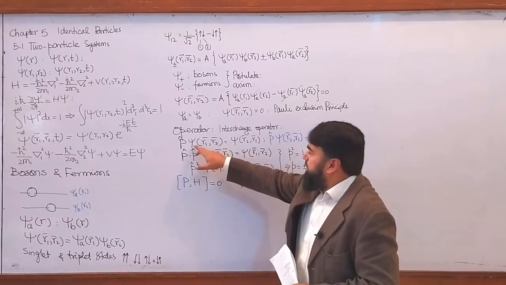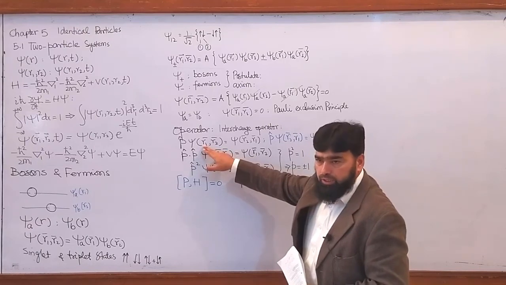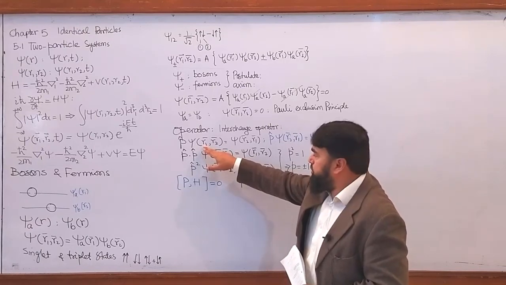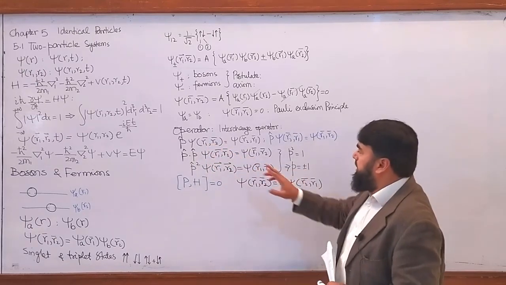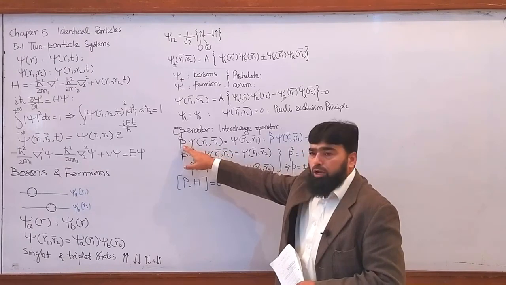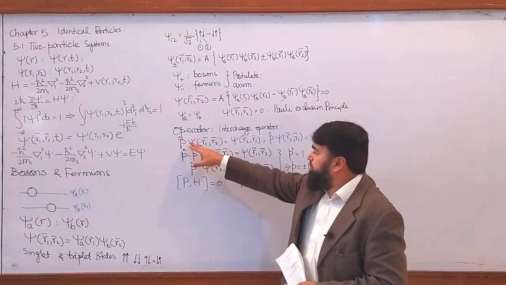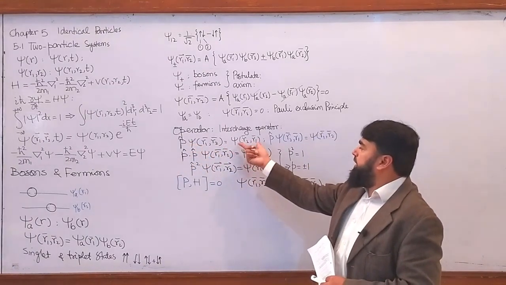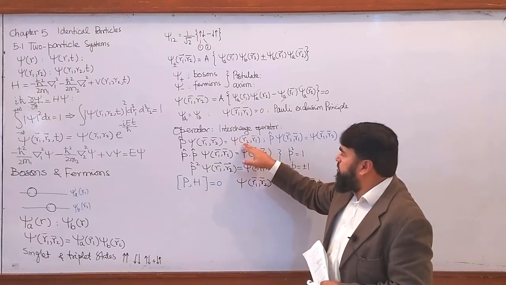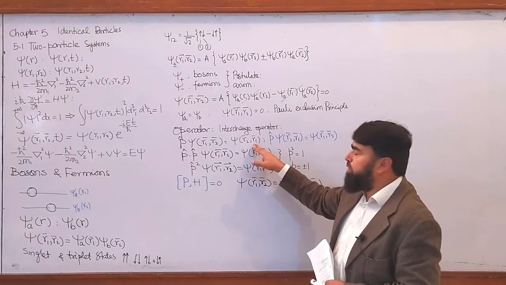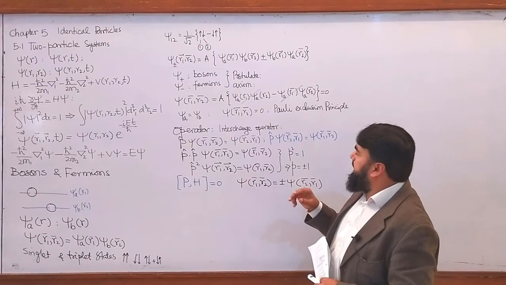I have a wave function, and this wave function is a coupled state. Coupled means two coordinates R1 and R2 are coupled. If I apply an operator that changes the coordinates, P operated on this gives me the function with exchanged coordinates. For R1 I now have R2 and for R2 I have R1. It exchanged those. Then I said that if